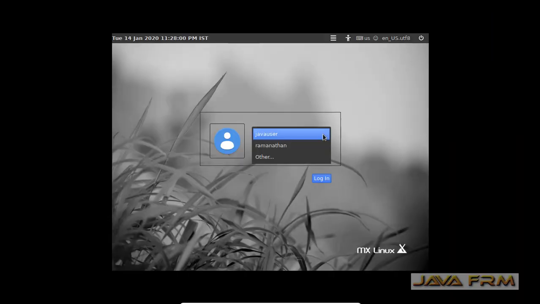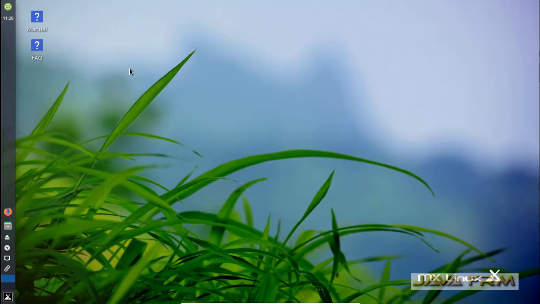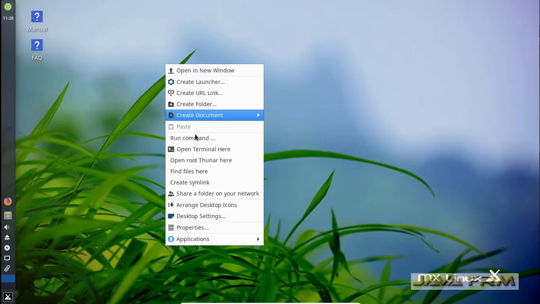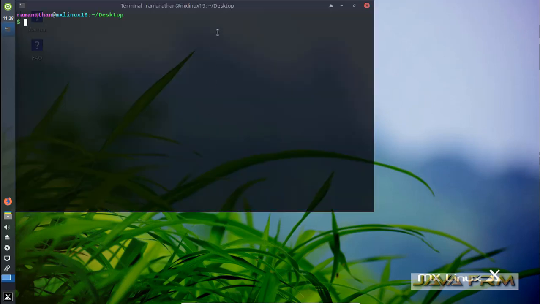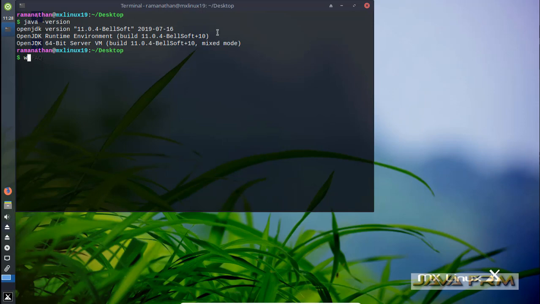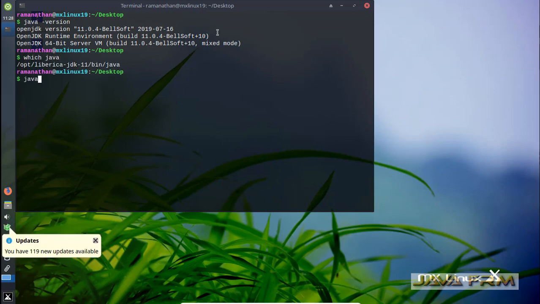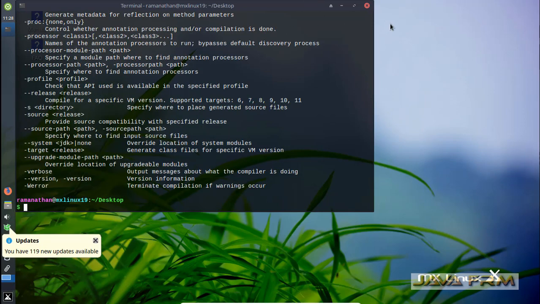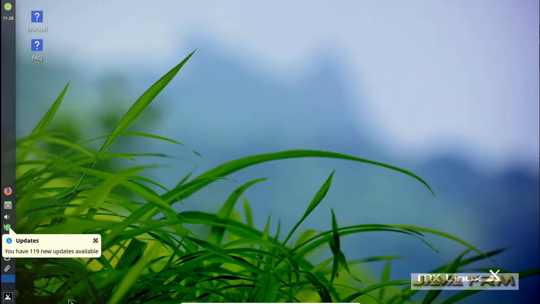So again I'm going to log in as a user called Ramanathan. And I'm going to check once again whether Liberica JDK 11 is available globally. Yes, successful. So Bellsoft Liberica JDK 11 installation on MX Linux 19 is successful.